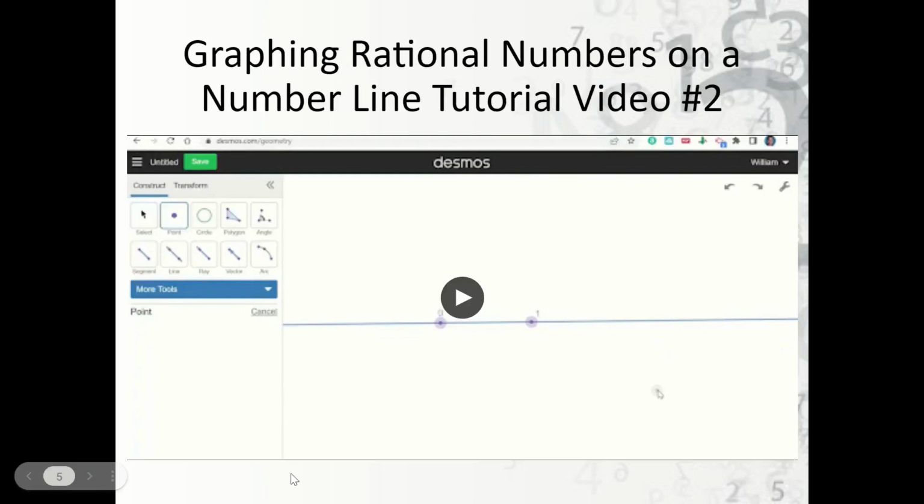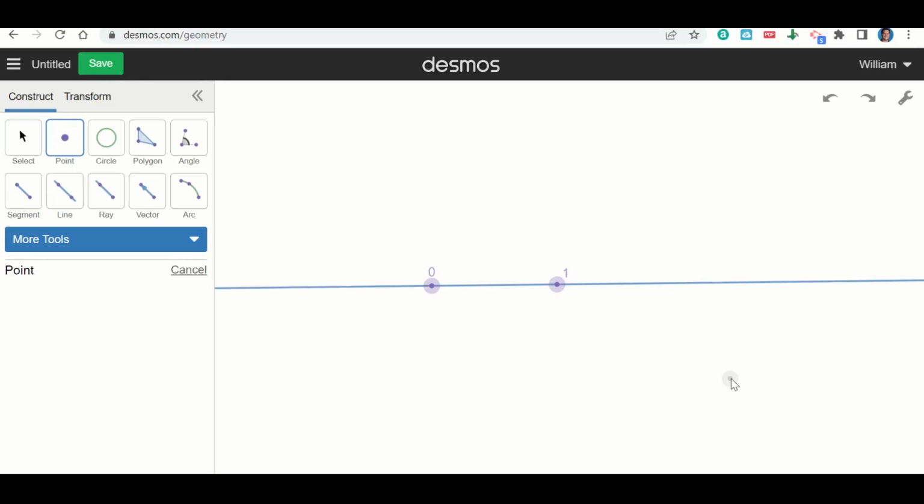Here is another video that shows you how to construct a rational number on a number line. Let's talk now about how to graph rational numbers on a number line. Let's say that this time we want to find negative 2/3. Well, we know negative 2/3 is going to be over on this side over here. So what we're going to do is construct 2/3 on this side and then copy it over